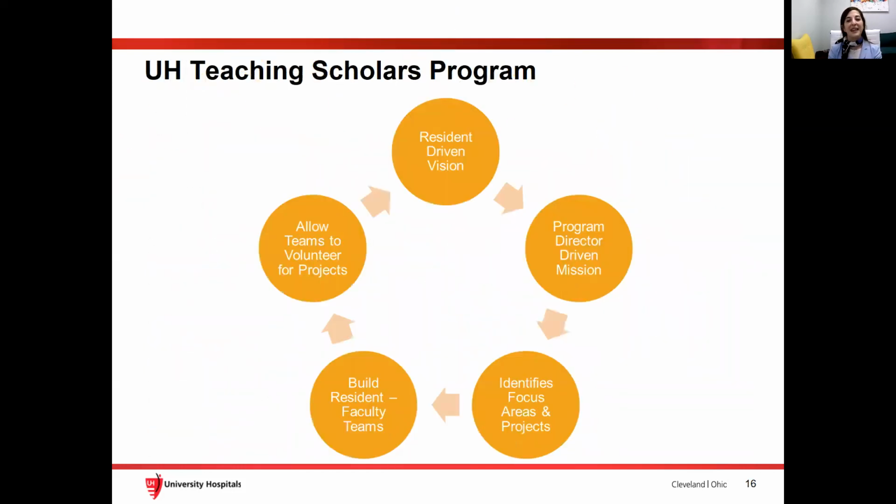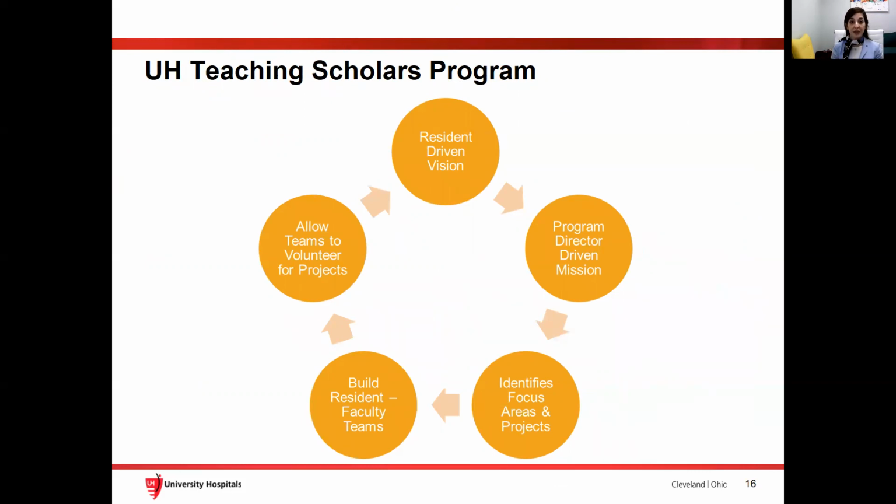And so to make this happen, we sat down with our residents. We drafted a completely resident-driven vision. And the program director and myself sat down and broke down that vision into a series of steps that would allow us to accomplish the vision. And in breaking it down to those steps, we identified 16 different focus areas that needed work done between education, admin, and some other subjects.